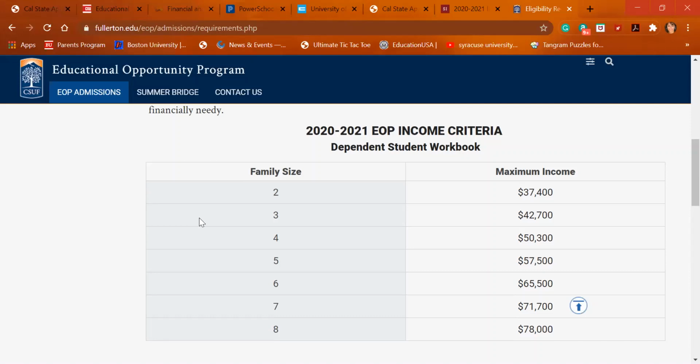And I will be honest, as a CSU student, I had friends get into EOP, and there was a lot of love and support. They love their EOP advisors. So if you are eligible, please take the extra steps to apply, and I'll tell you what those are in a moment. If you don't meet them,